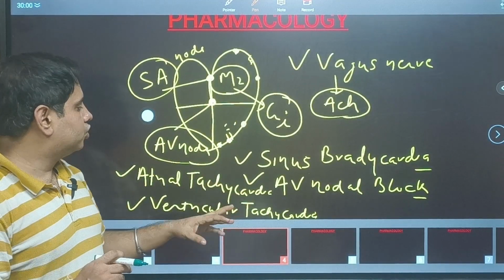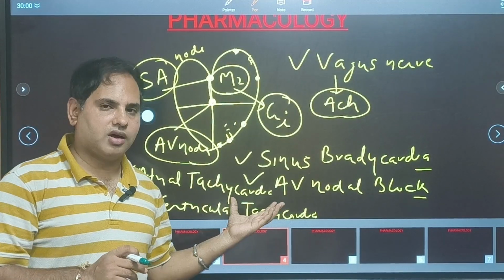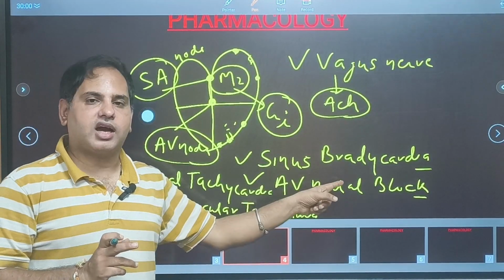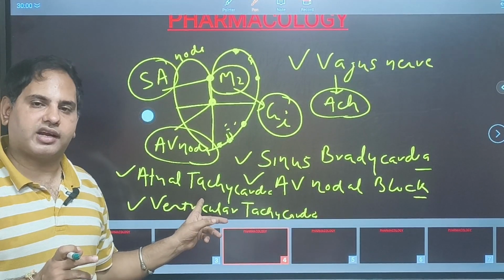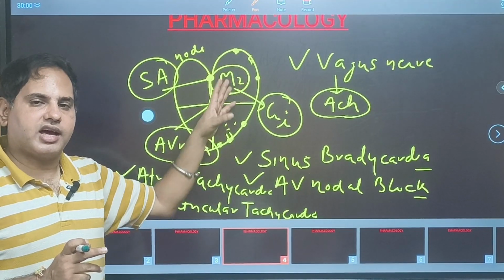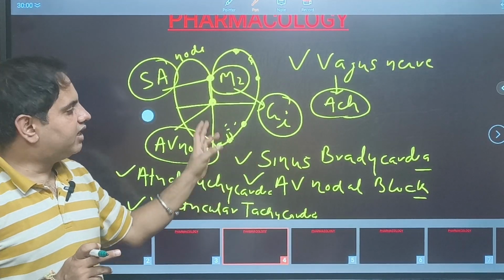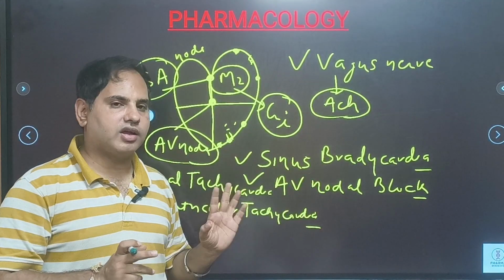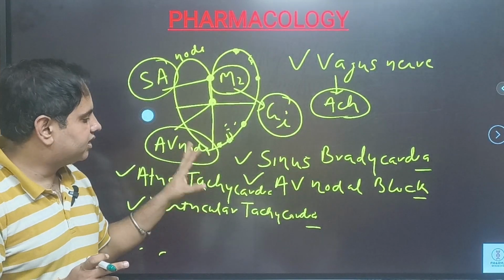So why is it useful? The beauty of this drug is that the same drug treats both tachycardia and bradycardia. एक ही ड्रग आपकी टैकीकार्डिया भी कर रही है और ब्रैडीकार्डिया भी कर रही है। टैकीकार्डिया कैसे कर रही है? डायरेक्ट एक्शन के थ्रू, एट्रियल टैकीकार्डिया, वेंट्रिकुलर टैकीकार्डिया, और इनडायरेक्ट एक्शन के थ्रू जो ये वेगस नर्व को स्टिमुलेट कर देती है उसकी वजह से साइनस ब्रैडीकार्डिया और एवी नोडल ब्लॉक।